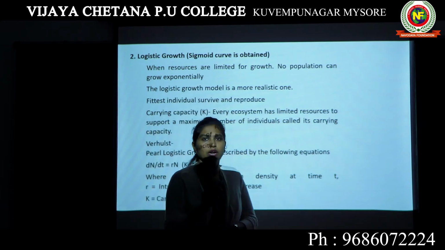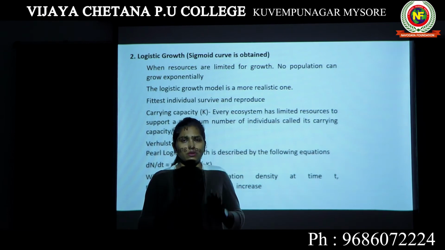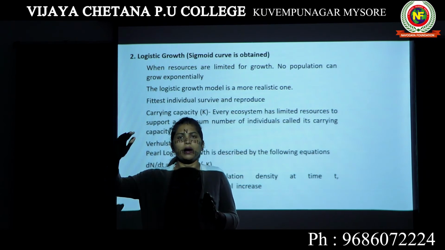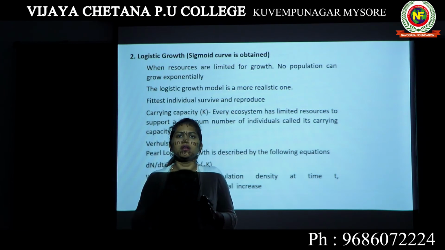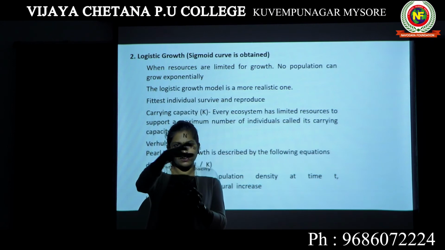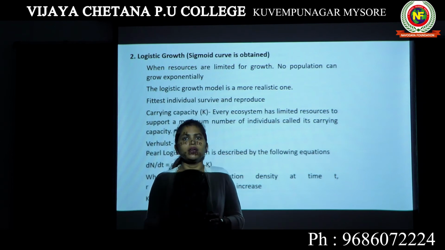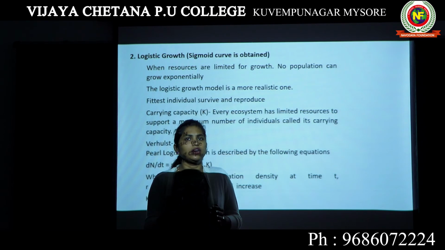When new individuals are coming, the ecosystem will definitely thrive. When the number of individuals reaches the maximum, above that, any ecosystem will not be able to take care of those individuals. It has limited resources. There are certain organisms which are depending on these resources. The ecosystem will definitely take care of those individuals. However, if more and more individuals are coming, it will still try. It will still try to hold the maximum number of individuals.